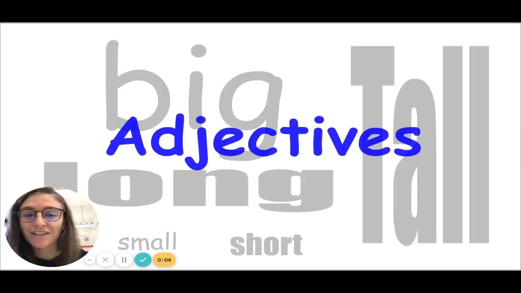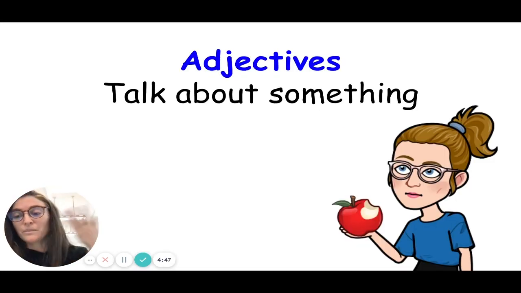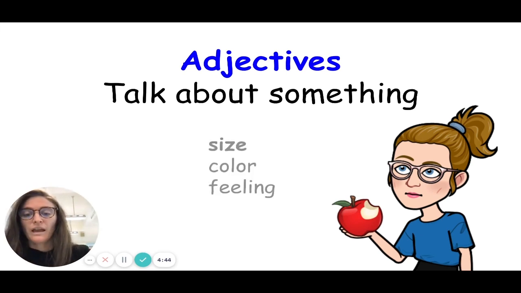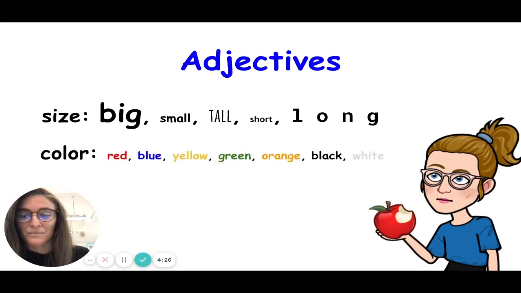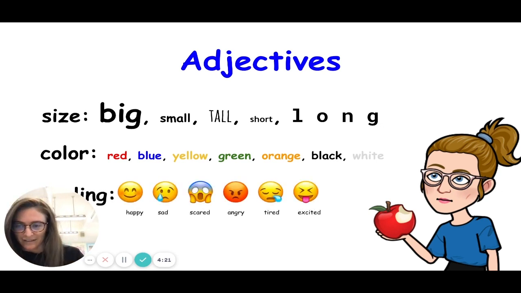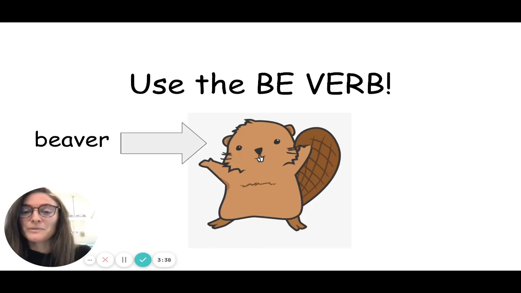They are called adjectives. Do you remember that? We use adjectives to talk about something, anything. And it can be size, color, or feeling, and it can be a lot more. Those are just some of the ones that we saw. So, size can be big, small, tall, short, long. Colors: red, blue, yellow, green, orange, black, white. And it can also be, oh, you can't see that there, but it's feelings. So we use the be verb when we are using adjectives, and don't confuse it with the beaver, which is